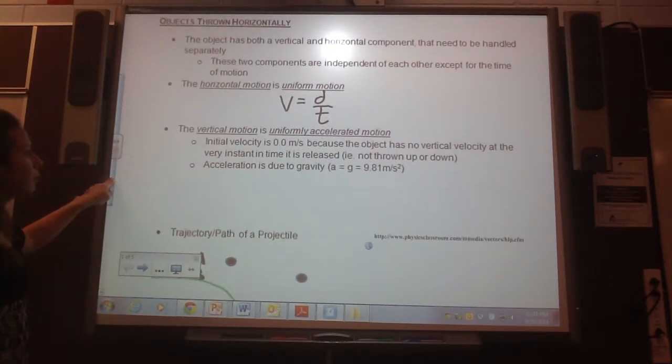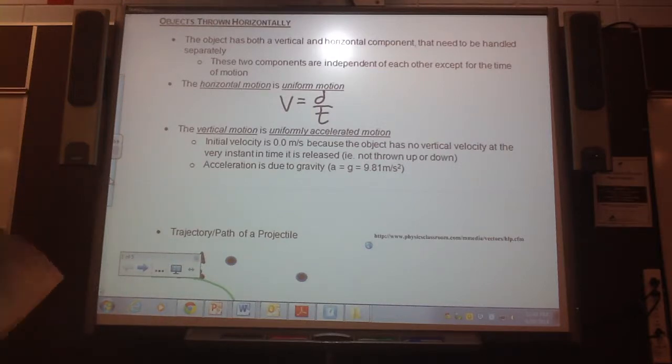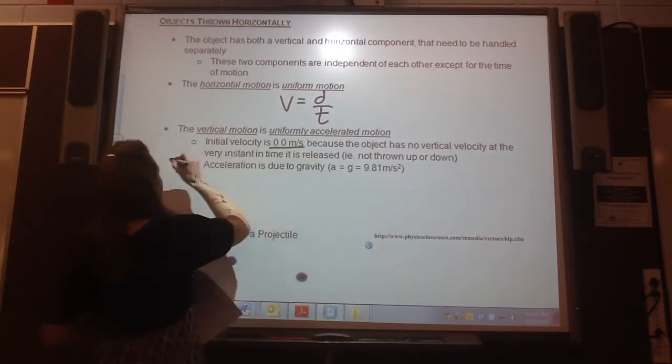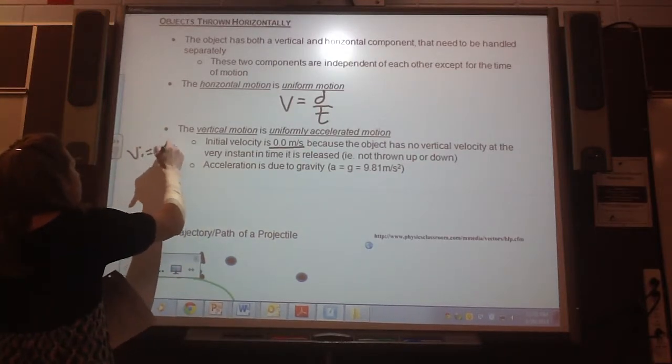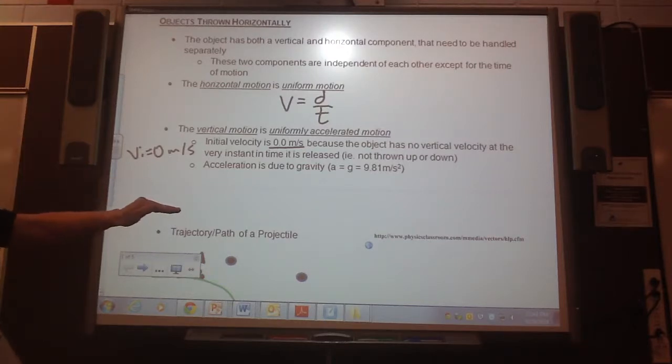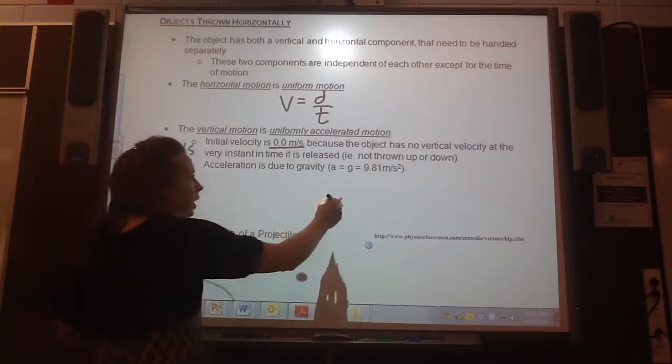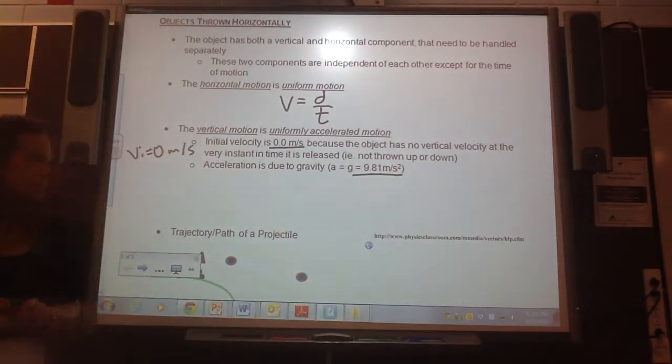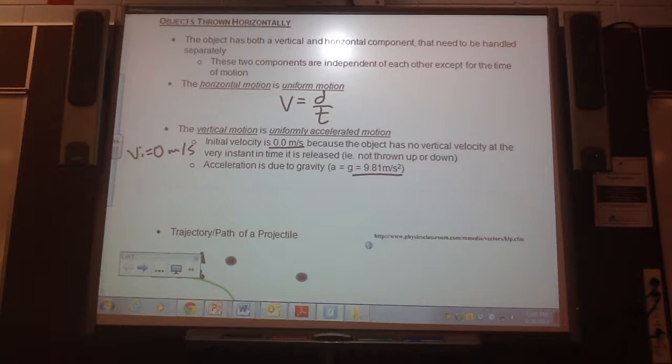The vertical motion is uniformly accelerated motion. So we always assume that our vi is 0 meters per second, because the object has no vertical velocity at that very instant in time it's released. Acceleration is always due to gravity. We just refer to it as positive 9.81 because we know it's going down, so we just leave